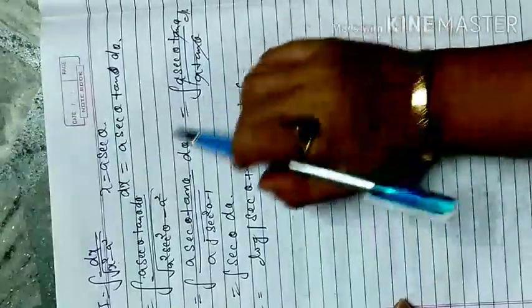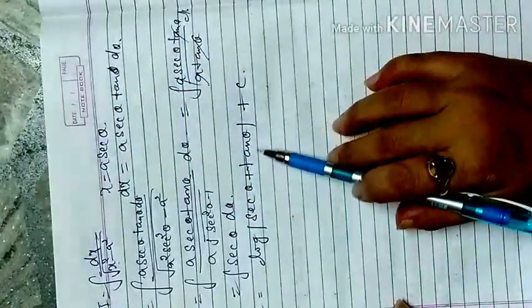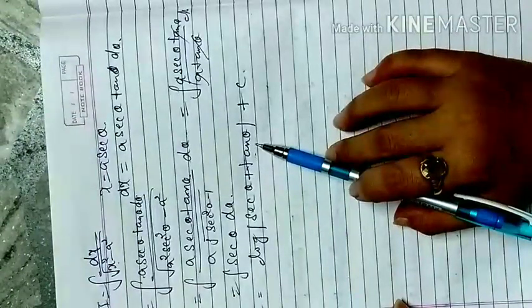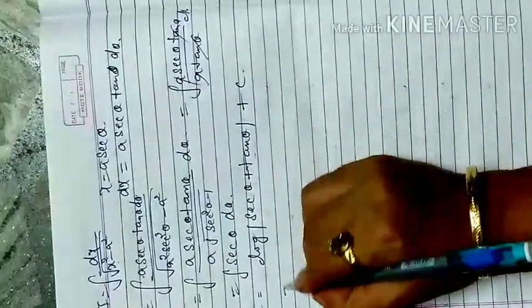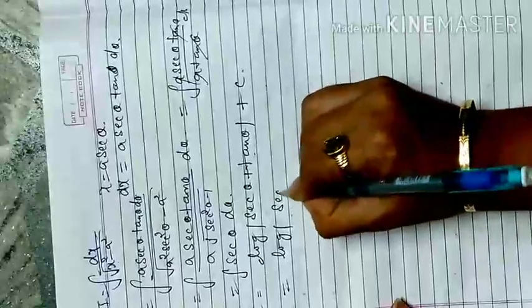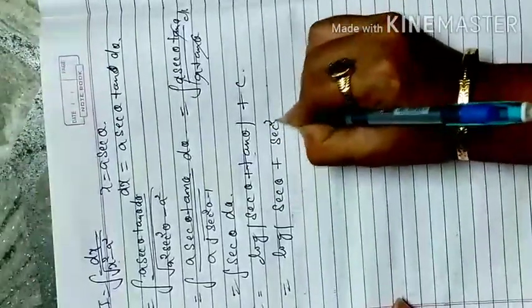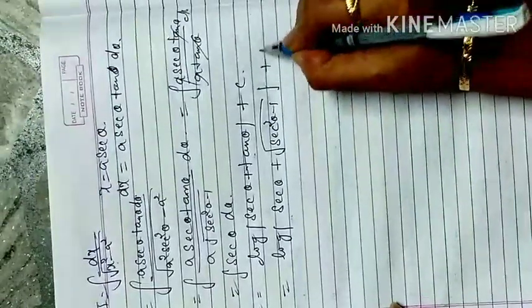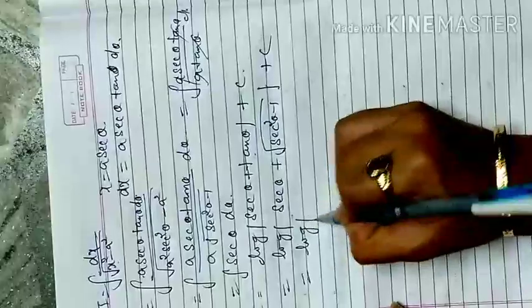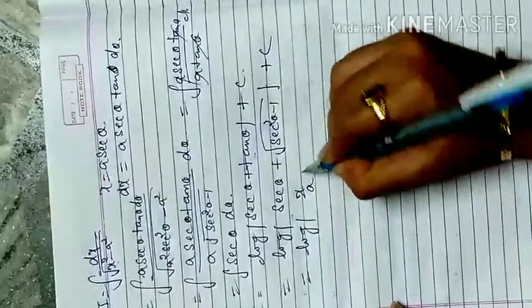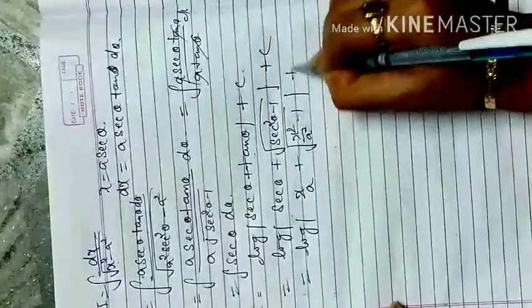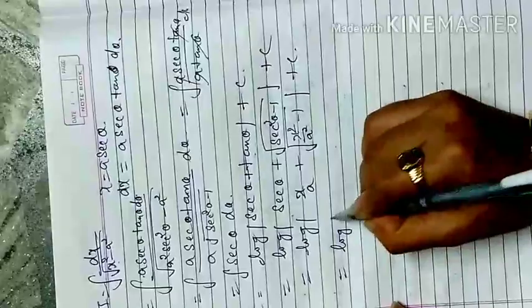But I have considered x is equal to a secant theta, and that means I have to convert this tan theta into secant theta, so I can replace the value back in form of x. So I apply the identity again in form of secant theta, that is square root of secant square theta minus 1. Now I replace secant theta by x by a, so that was my imagination. In the very beginning we considered x by a plus square root of x square by a square minus 1 plus c, that is log